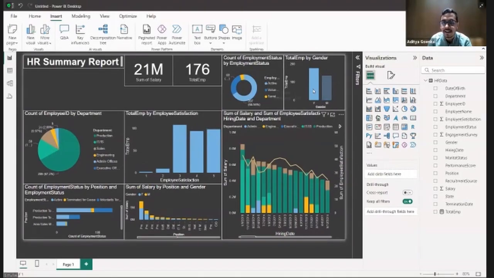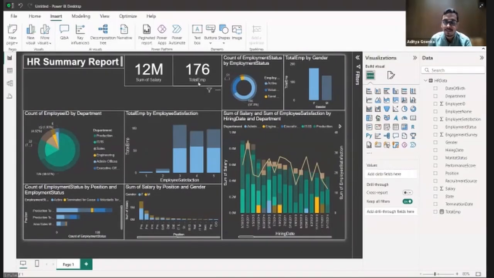So what will you need to do for this? Simply click on female over here. Simply click on female. As you can see, number of employees has changed to 176. Sum of salary has changed to 12 million. And you can see all of this entire data has been changed, keeping female staff in mind. Only for female data. You can see for male it has been de-highlighted. Only the blue one is highlighted. As again you can see over here, production technician 1, active employment status. Like this, it has been broken down further.